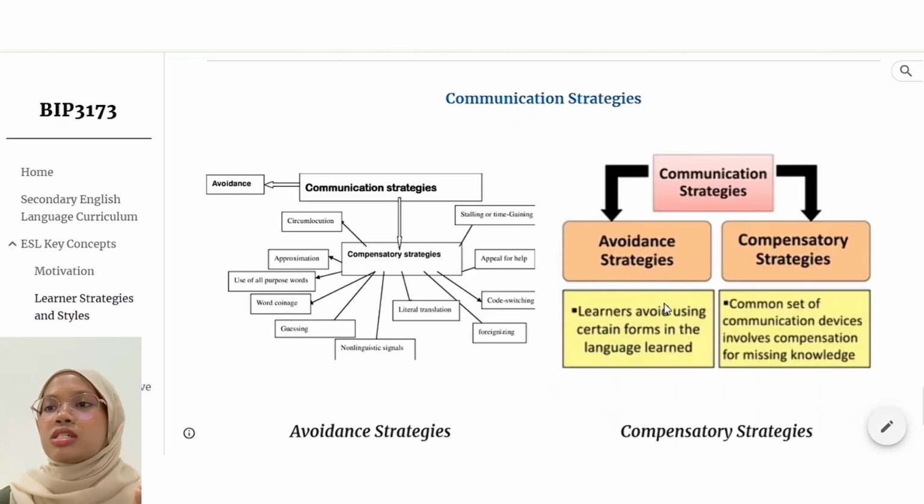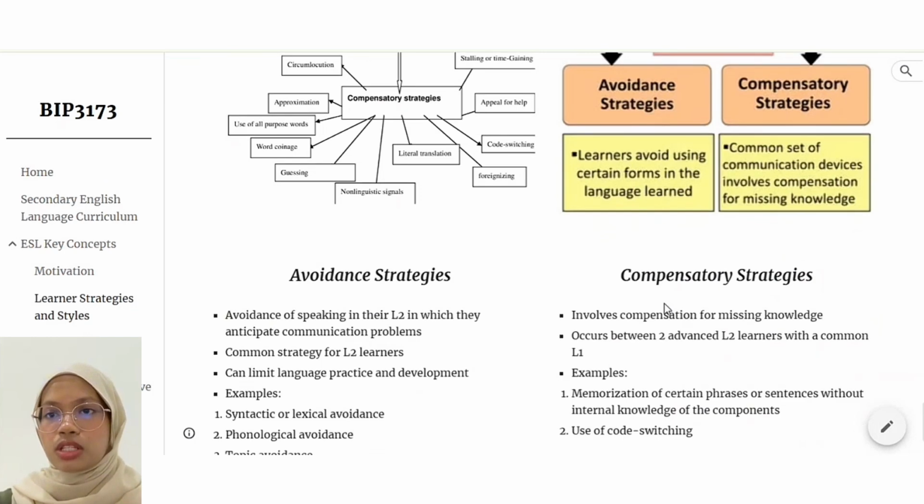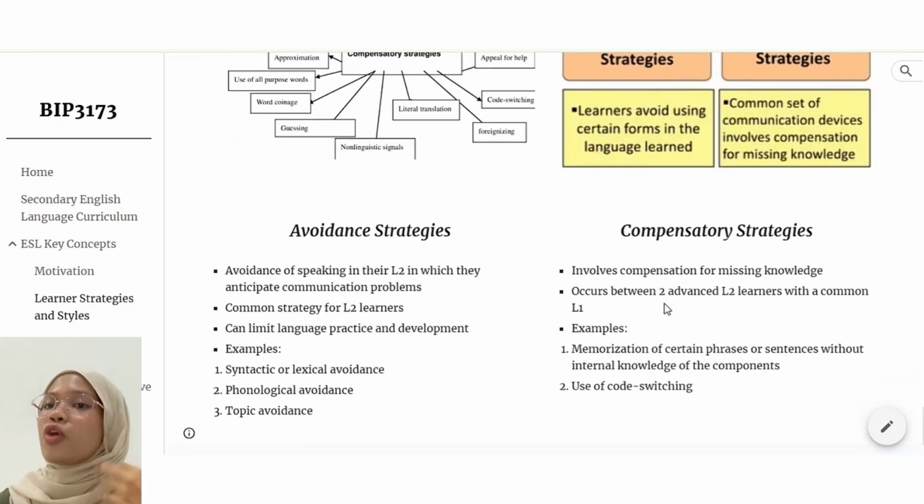And for the communication strategies, it's divided into two, which is the avoidance strategies and compensatory strategies, where avoidance strategies is the avoidance of speaking in the L2, in which they anticipate communication problems. Compensatory strategies involve compensation for missing knowledge, which occurs usually between two advanced L2 learners with a common